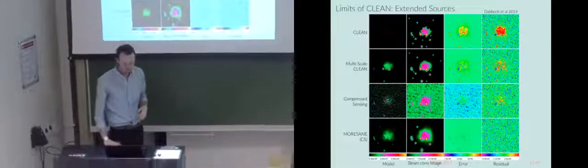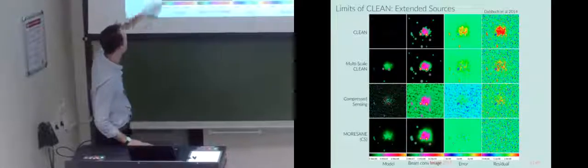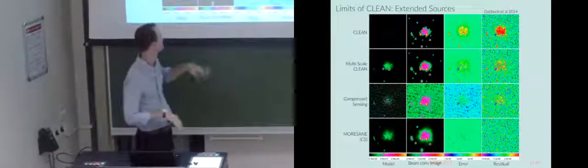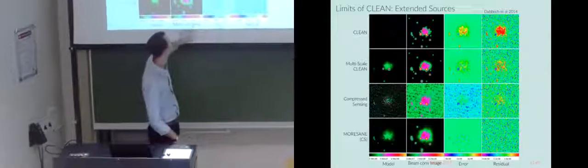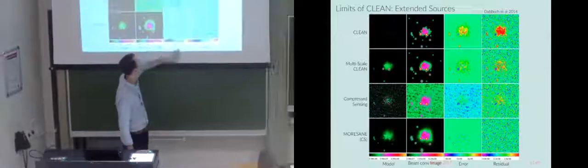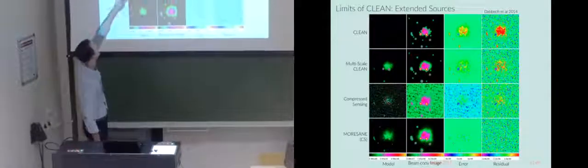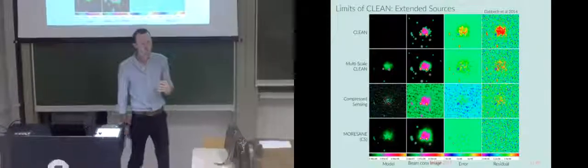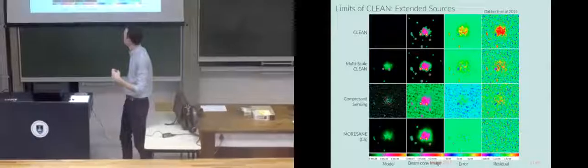The top is CLEAN. You can't really see it up there, but you'll just have to believe that there's a bunch of point sources. That's a CLEAN model. And then if you take that model and you convolve it with this idealized beam, this Gaussian, you get to see the sky model. And then if you take that sky model, subtract it off from the observed, you get some error. You get your error and you get your residuals, right? Because the source is so extended and blobby, the point source approximation doesn't work very well. And so you need to come up with something else.